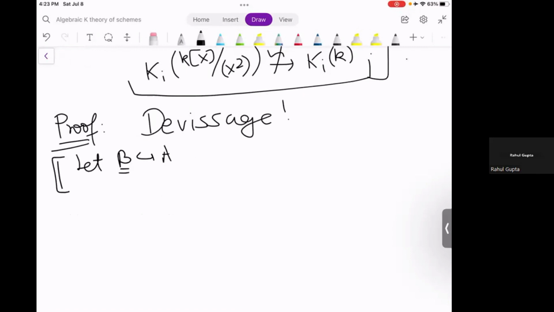I'm writing the statement of resolution first. Let B be a subcategory of an abelian category